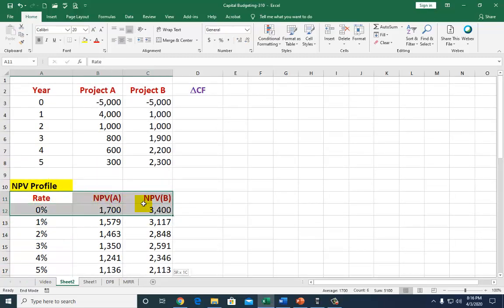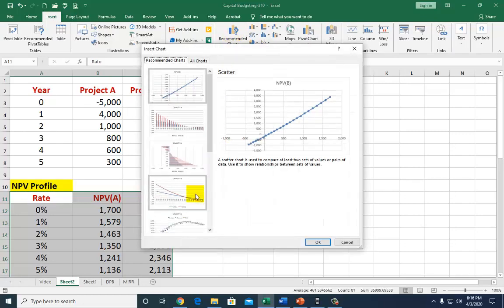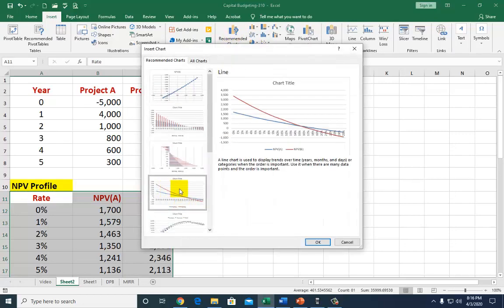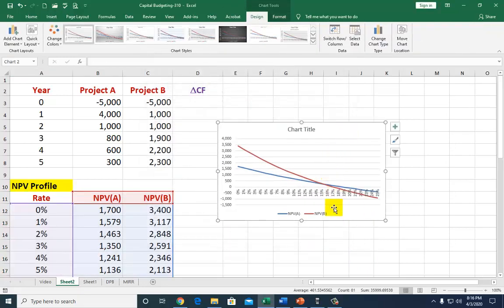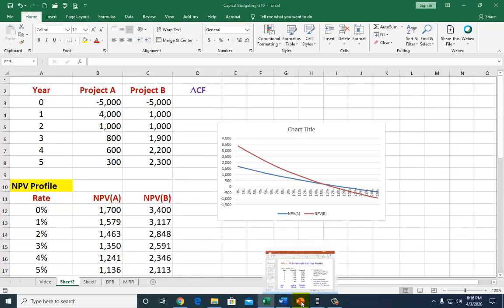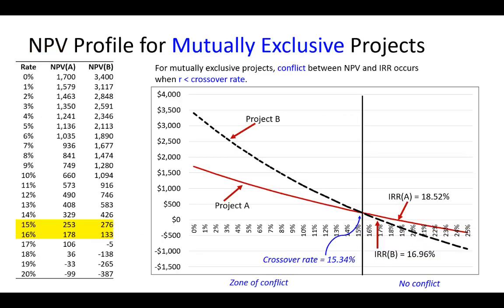Highlight all of these, go down, and then go to insert. You may choose click on recommended charts because you're going to see what you want, this guy right here. All right, click on it and click OK, and that's the NPV profile, which you can then label. But I'm going to go back to PowerPoint so you can see the finished product with all the bells and whistles all hooked up. All right, so this is the data set right here, which we plotted,